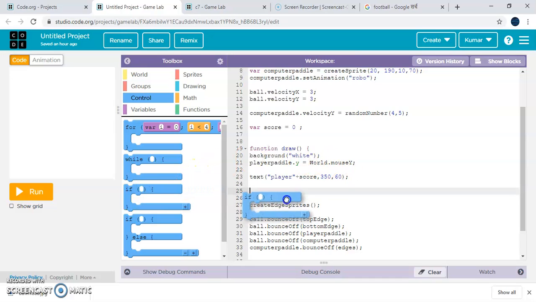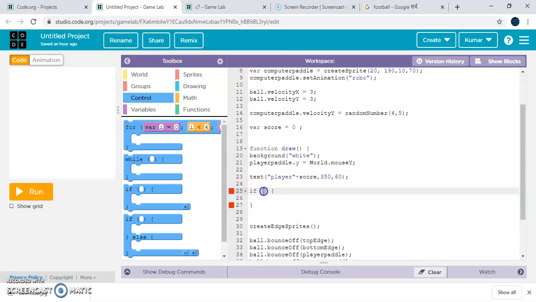So we'll use if position. A specific condition means, for example, if the ball goes past the computer pedal's side, then the score will be increased by 1. So we'll use ball dot y.